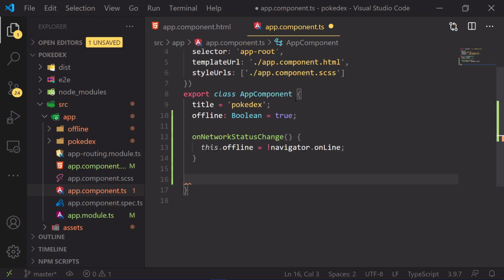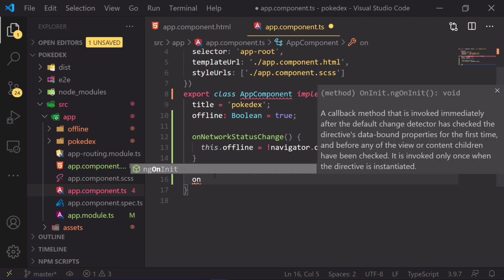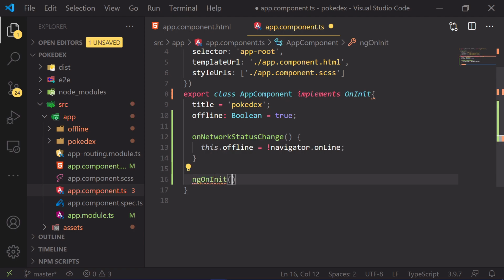To add that event listener, first let's implement the OnInit interface that helps you get the ngOnInit function. Here within this function we will register the events.